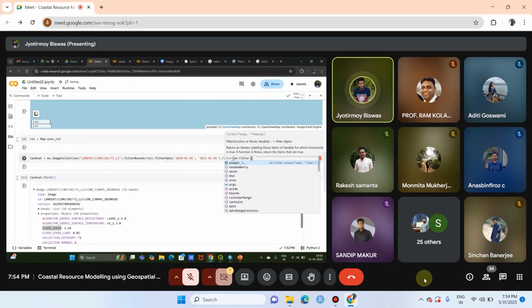Whenever we use ee dot anything, everything comes with a capital first. The first word is capital. When there is something called ee dot something like this, ee dot Image Collection, the I is capital. Okay. So ee dot filter. Now dot